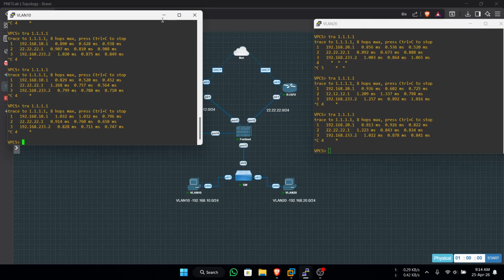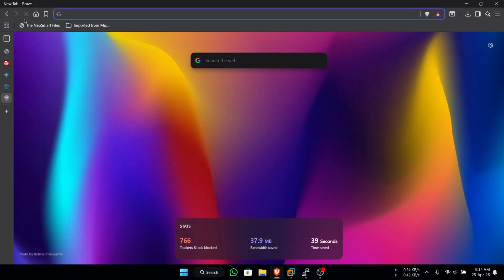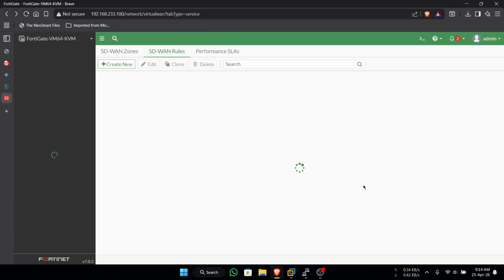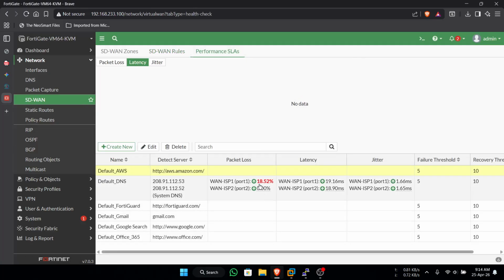Okay, you can see here, refresh. Refresh. Here has been measured performance. You can see here performance SLA. Packet loss here is 90%.